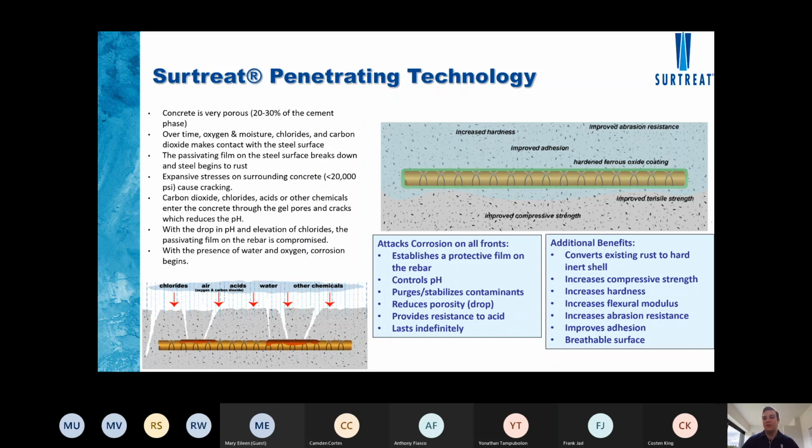Now, what our system does is it migrates through the concrete through those pores, through those gel pores and cracks, and regenerates the pH of the concrete. Anywhere that there's already corrosion, it will convert it into an inert shell, so it hardens the rust, so it doesn't keep expanding. As the pH increases, the corrosion passive state will start to regenerate again in the concrete, preventing that